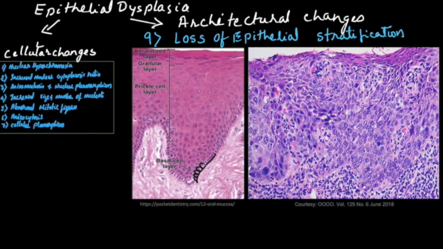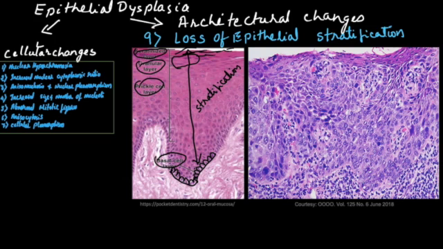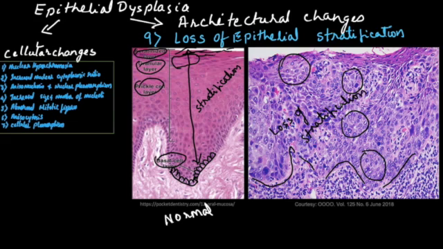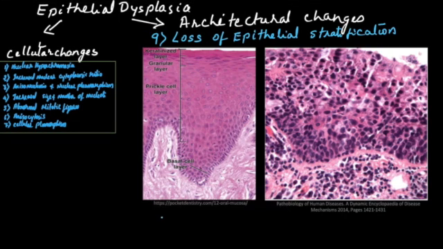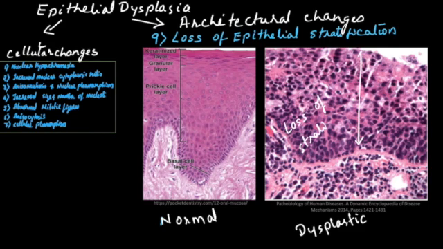Here is a photomicrograph of normal epithelium with basal cell layer, prickle cell layer, granular cell layer and keratinized layer. From top to bottom there is proper stratification, whereas in the dysplastic epithelium you can see that there is no stratification. So complete loss of stratification here. Even the basement membrane we are not able to appreciate. You can see the broken basement membrane line. So this is loss of epithelial cell stratification. To reinforce, there is another case of dysplastic epithelium showing loss of stratification here.